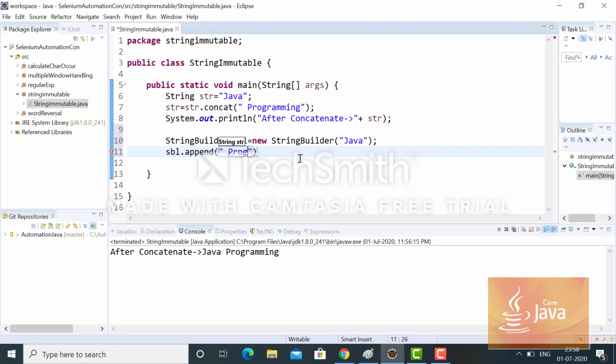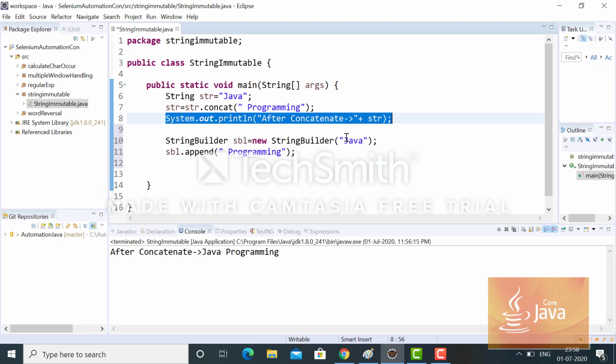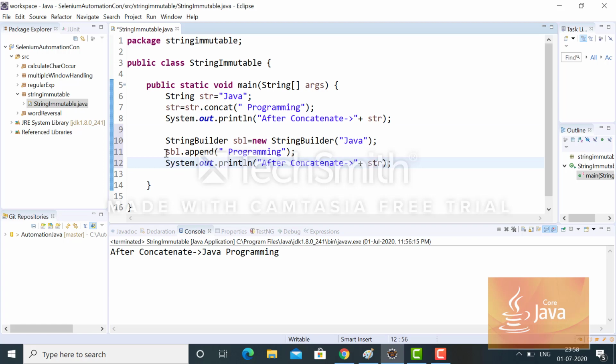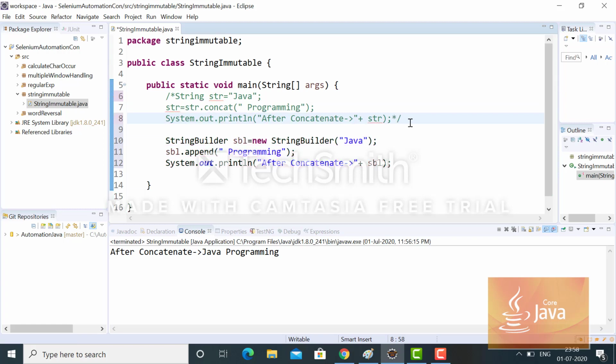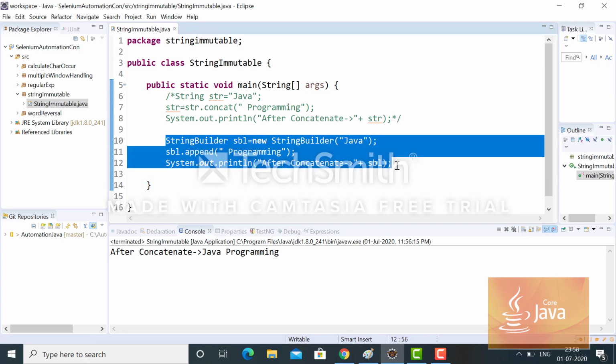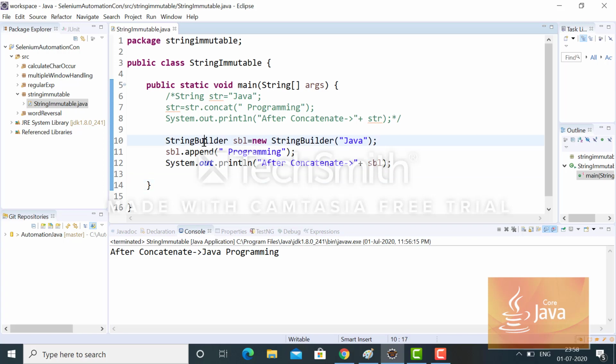Taking that, here also I'm appending. Let me comment out this. The way I wrote my code earlier, before including this str equals, the same way I wrote the code to check whether it is mutable or immutable for the StringBuilder class.